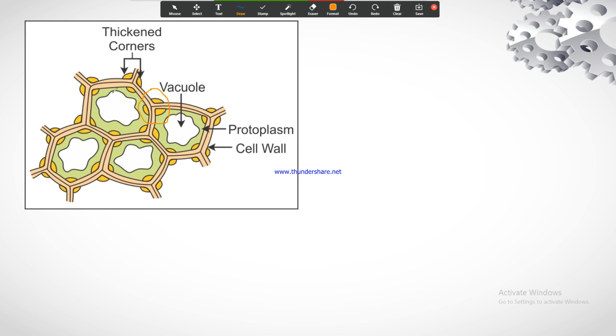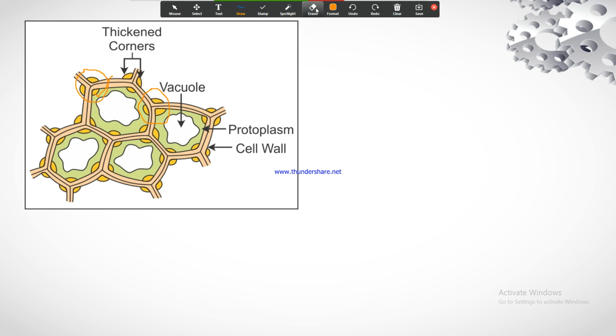Not the entire cell wall is thickened. Okay? In the cell wall some of the areas are thickened. Remaining areas are thin in nature. Have you remembered, in parenchyma we have studied that parenchyma cell walls are thin in nature. But coming to collenchyma, irregularly thickened. Some areas of this cell wall are thickened, and some areas like these are not thickened. They are thin in nature.